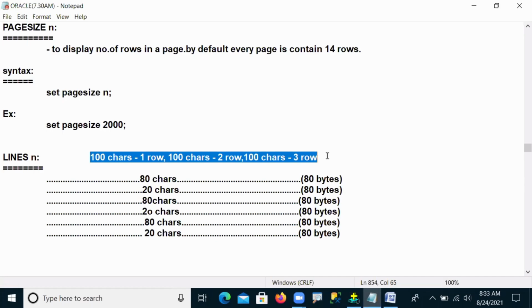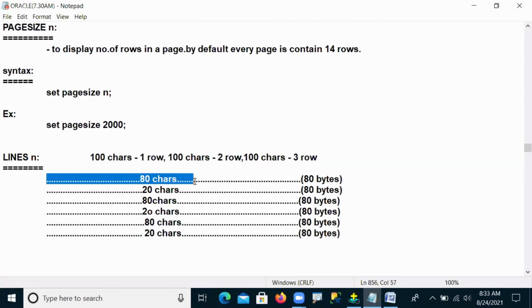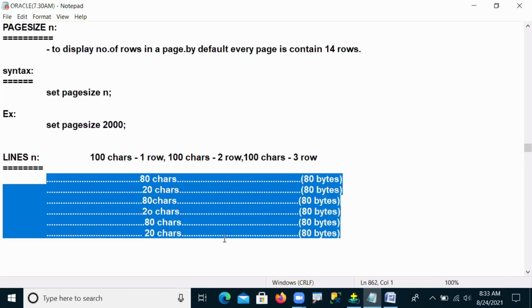Actually, we are going to display 3 rows. How many lines will it take? Carefully observe my point. 3 rows of data are displayed in 6 lines. Is the point understood now? 3 rows of data displayed